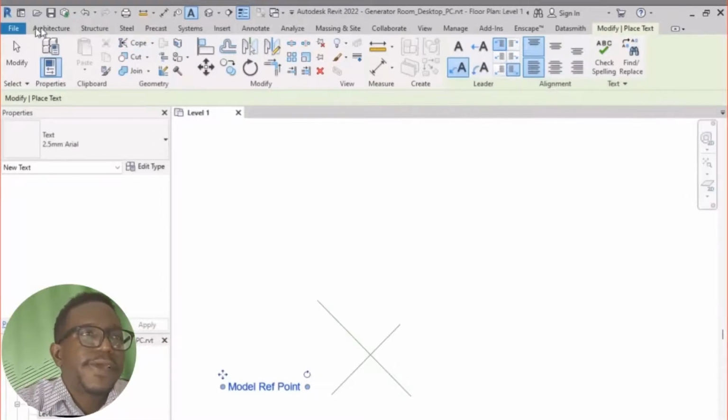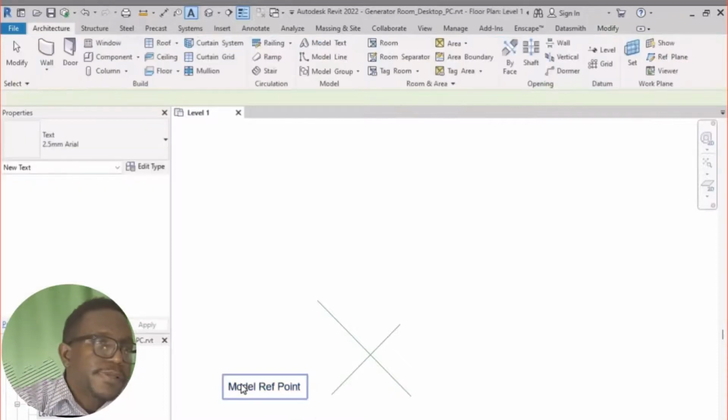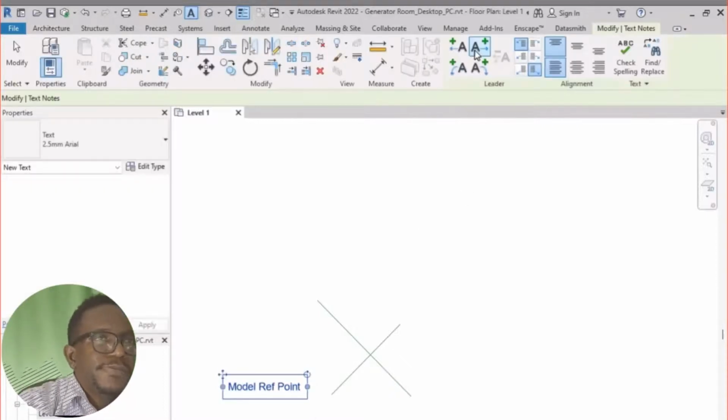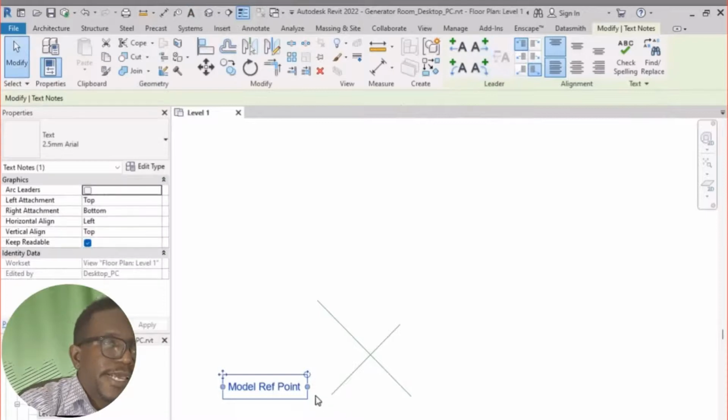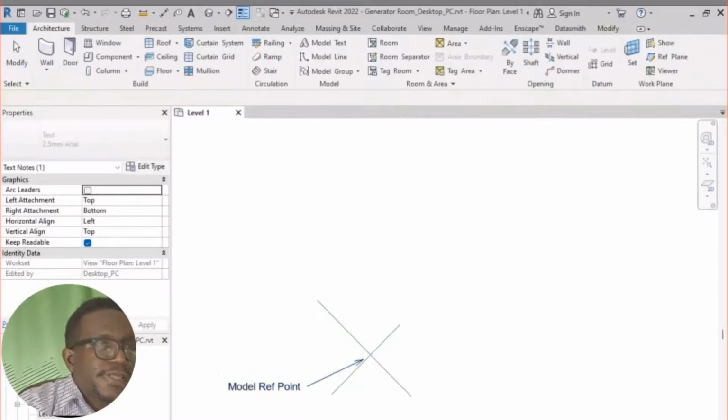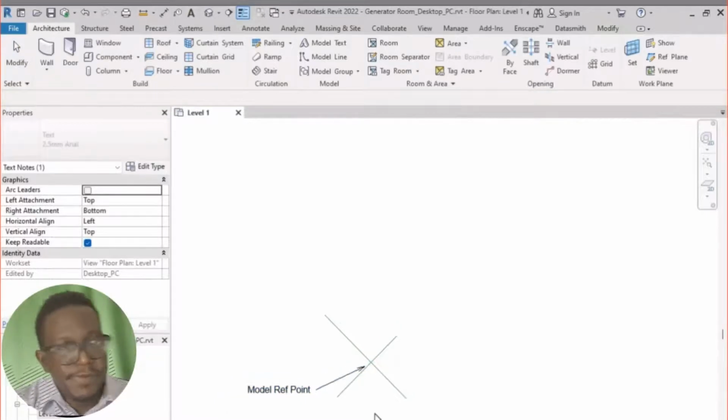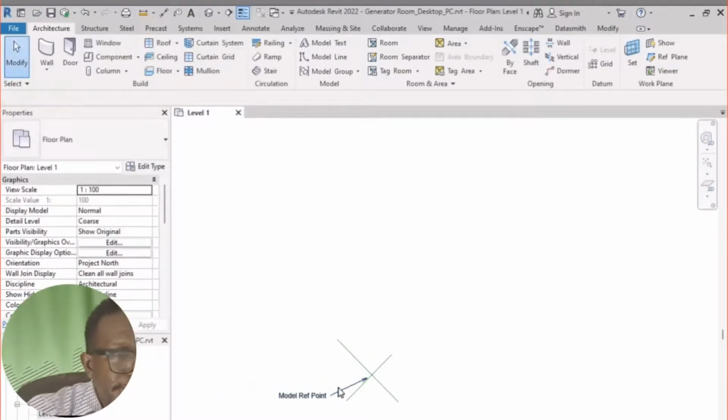I'm going to choose the model here and just choose a little leader line, and I'm going to add the leader line right here. So what I'm doing as the BIM coordinator is leaving notes that will guide the rest of the team, and